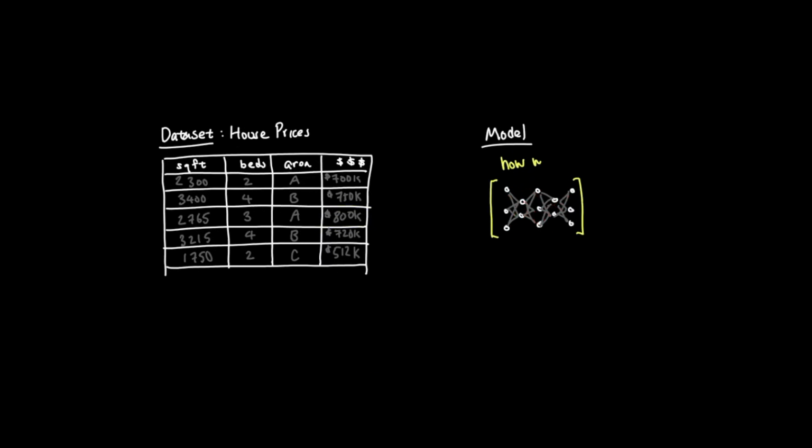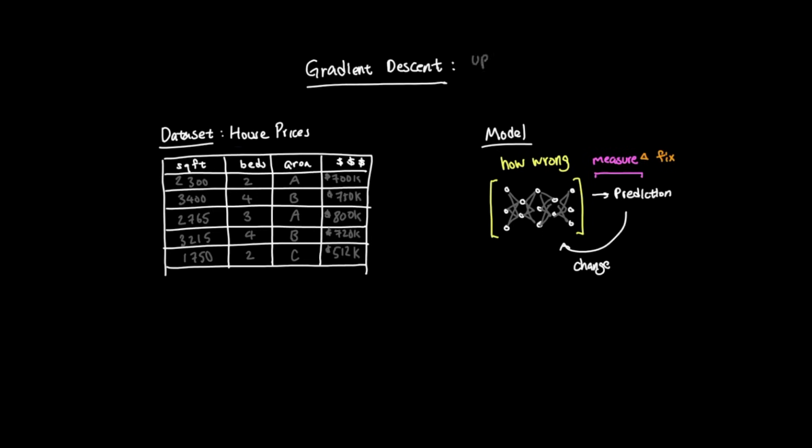Now that we have a loss function, we have a way to measure how wrong the model is. But measuring the problem is not the same thing as fixing it. The model still needs a way to change its parameters so the loss gets smaller. That is where gradient descent comes in. Gradient descent is the process of updating the model's parameters in the direction that reduces the loss, which usually means improving the model's performance on the training data.